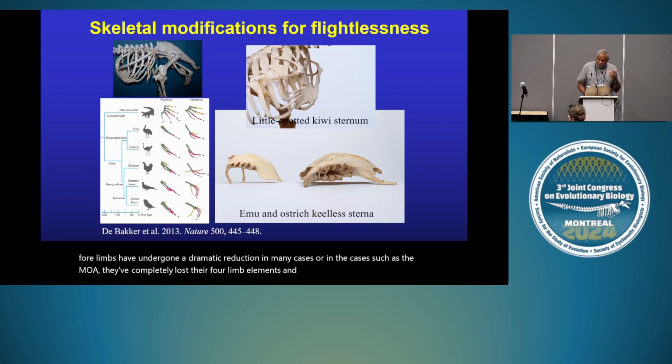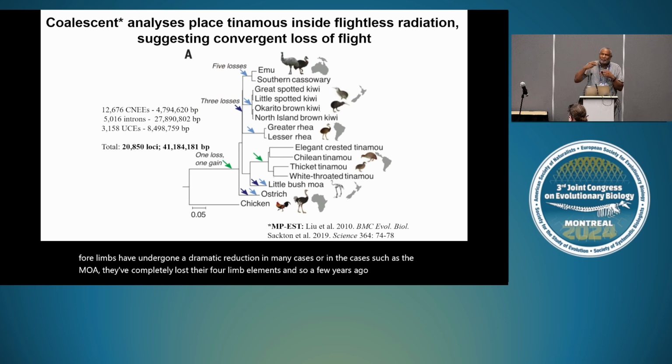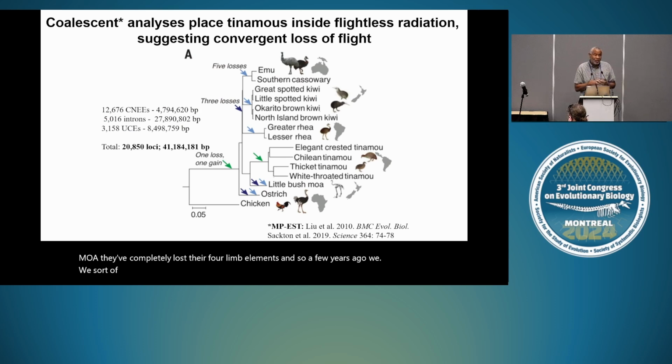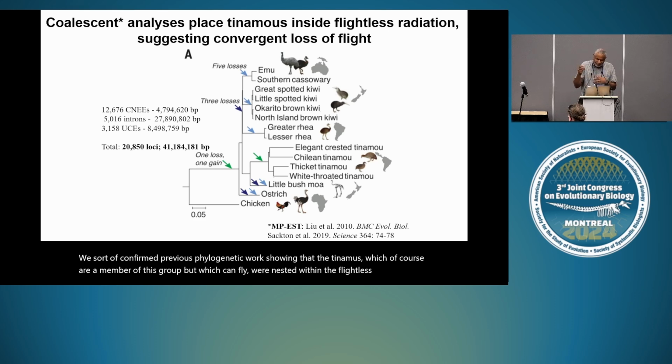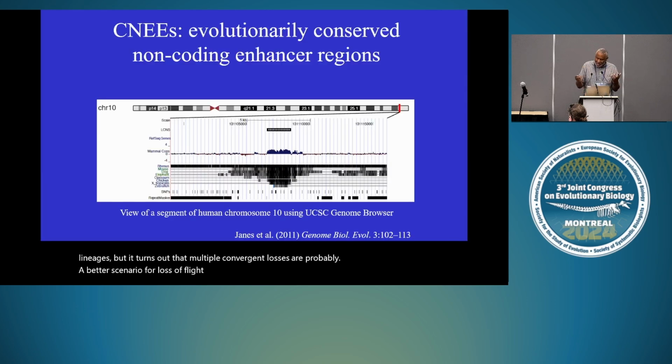And so a few years ago, we confirmed previous phylogenetic work showing that the tinamous, which of course are a member of this group but which can fly, were nested within the flightless radiation. This conclusion, which was found by other groups years earlier, really rocked the bird world. It was thought that there was a single loss of flight at the base of the flightless lineages, but it turns out that multiple convergent losses are probably a better scenario for loss of flight. And so we looked around the genome and we